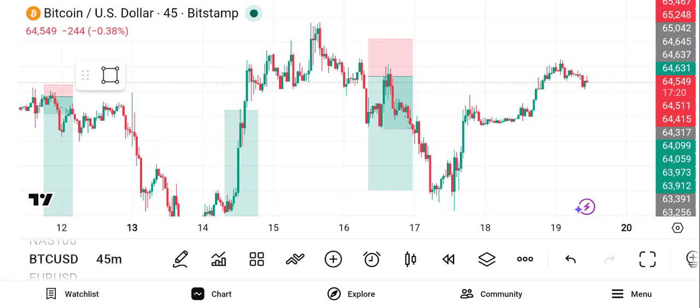So this is the trade that I took on BTCUSD. I'm going to show you the before of this trade, and this trade was shared with my community,